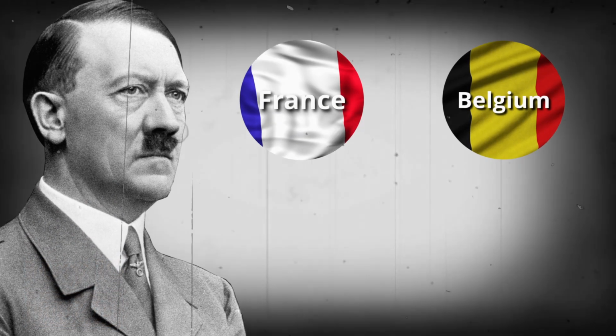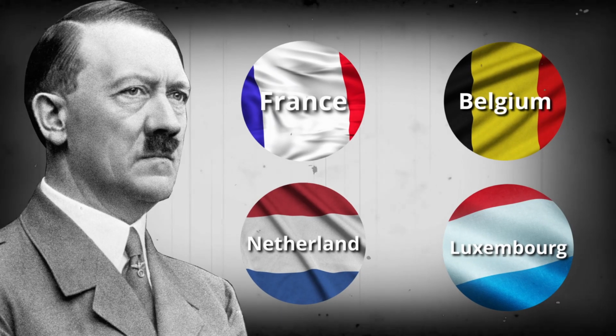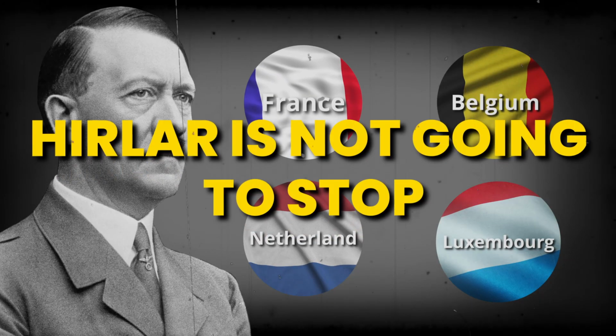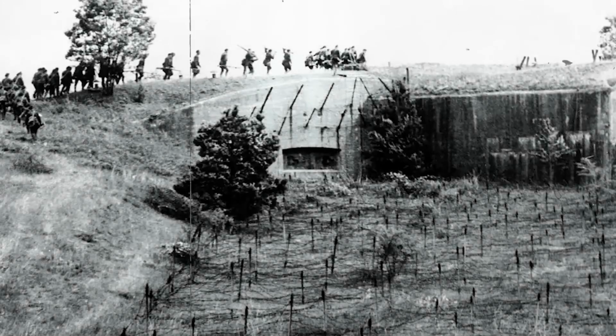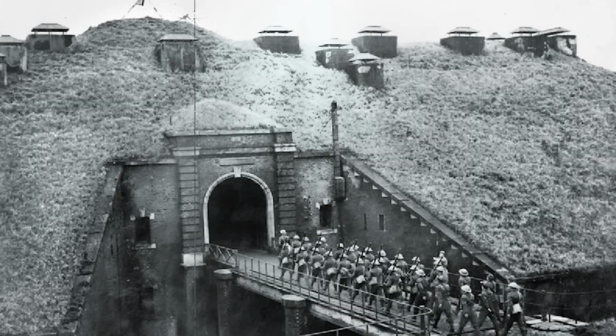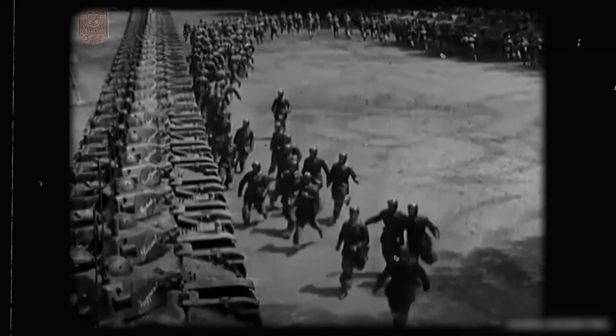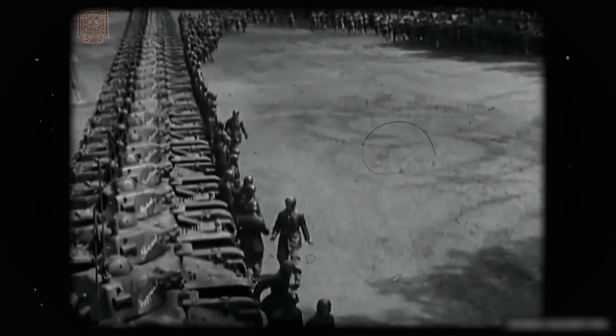The seat of the Prime Minister and its responsibilities were handed over to Winston Churchill. On the same day, May 10th, Hitler launched an attack on France, Belgium, Netherlands, and Luxembourg. This was a declaration of an all-out war. Everyone could see that Hitler didn't intend to stop. Remember how France had built the Maginot Line because they were worried that Hitler would attack their country. They had built a wall at the border, and French troops lined the wall to protect their country.